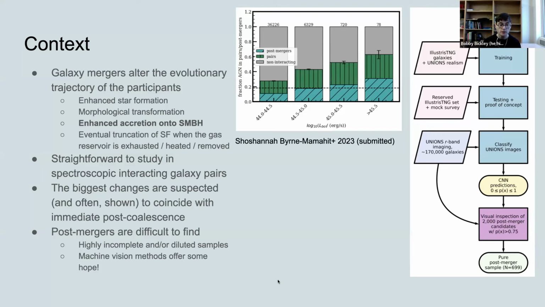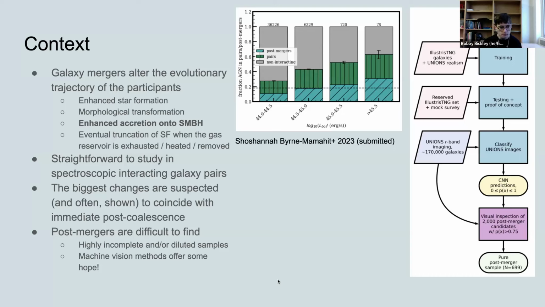So all of these different effects are pretty straightforward to study in spectroscopic galaxy pairs. You can use something like SDSS, or just in general a redshift survey. You can identify galaxy pairs that are closely separated on the sky and also closely separated in redshift, and make some assumptions about their relative projected separation and velocity relative to each other. And study the characteristics of those galaxies as they approach each other. Even though galaxies on the sky are basically frozen in time, you can study them as they approach each other in a statistical way by taking galaxies that we assume to be at different stages along the merger sequence.